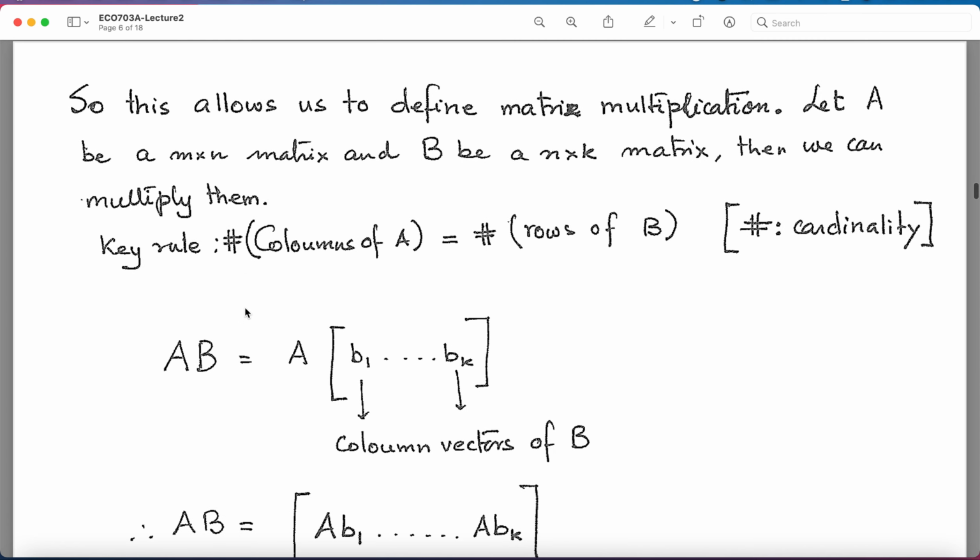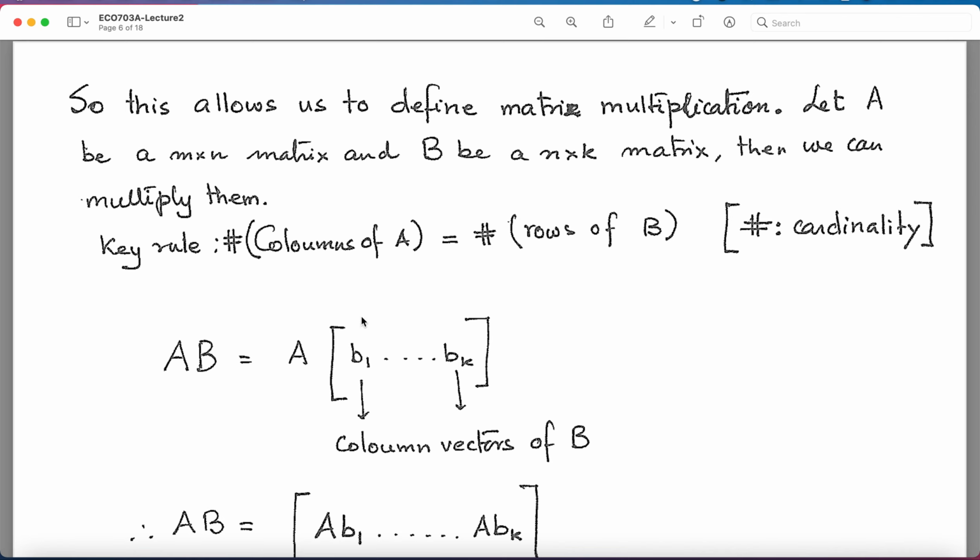Now, once you know this, it allows us to simply operate out the definition of how to multiply two matrices. You will immediately understand one of the key rules: if I want to multiply A into B, where A is my left hand matrix and B is my right hand matrix, then the number of columns of A must match the number of rows of B. Because if I want to do this matrix multiplication AB, then